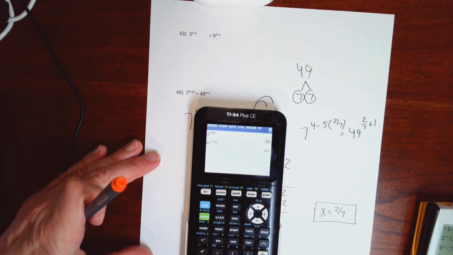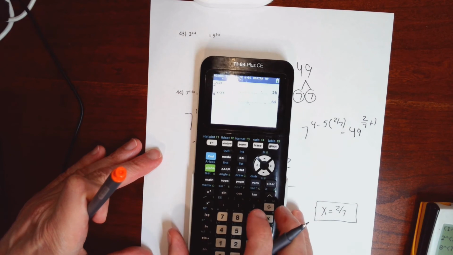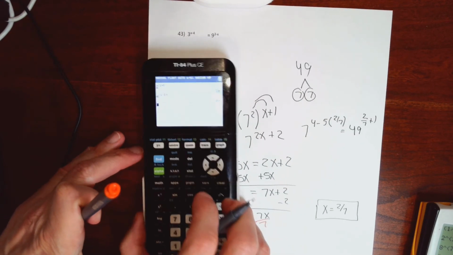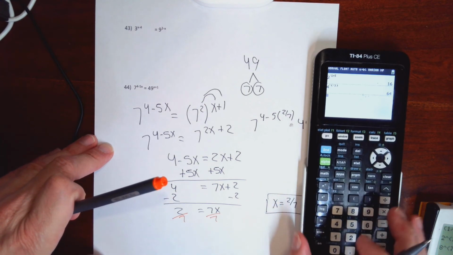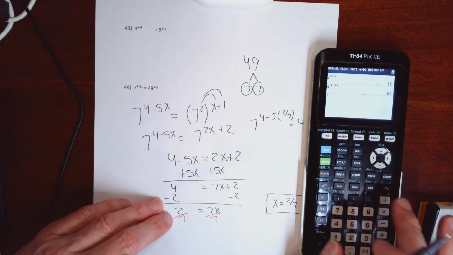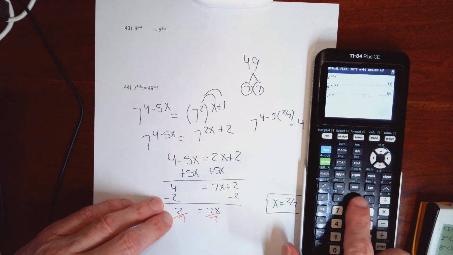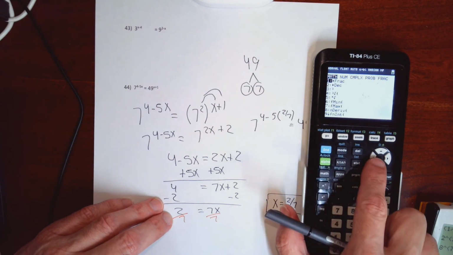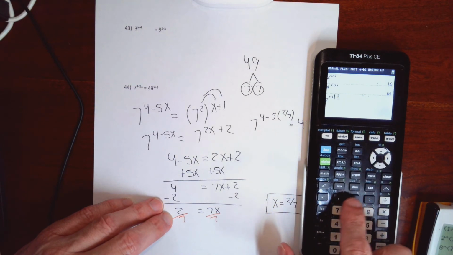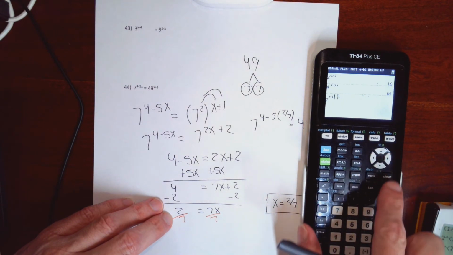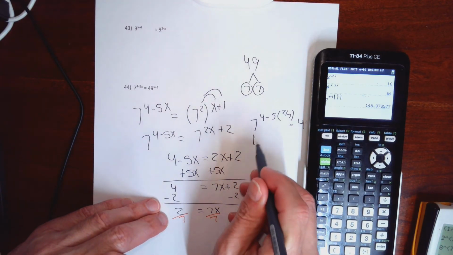I needed to pull this calculator out. I didn't want to do this on my other calculator, even though it's not that seeable. Just don't know what the issue is here. There's just no place to put it, I guess. Anyways, so 7 exponent 4 minus 5 parentheses math fraction 2/7. Close out my parentheses. That's the left side. Comes out to, I'm just going to round it to 2 decimals,